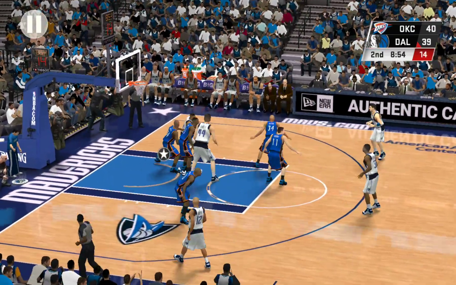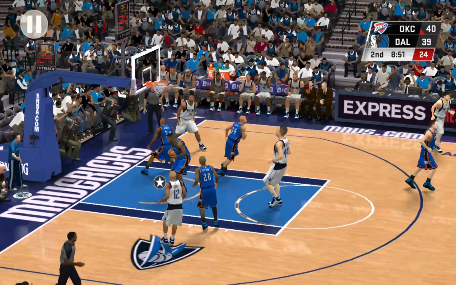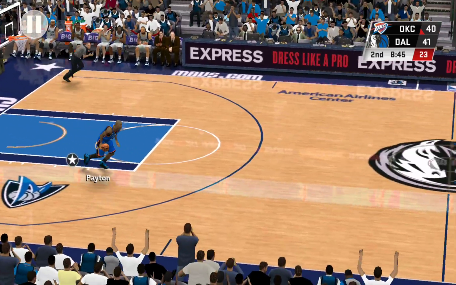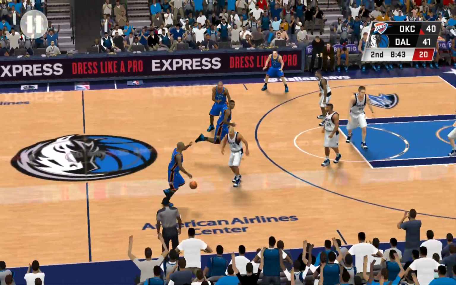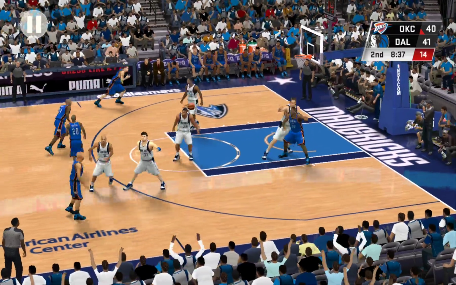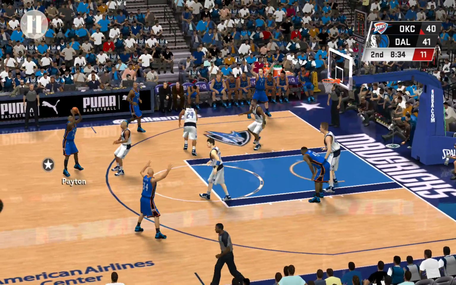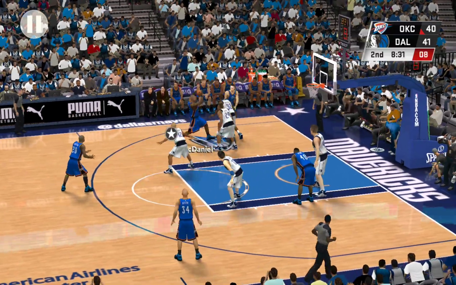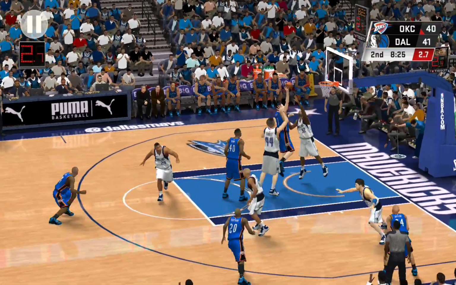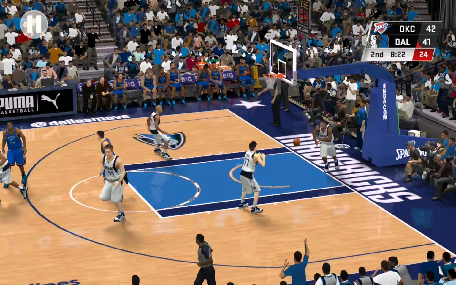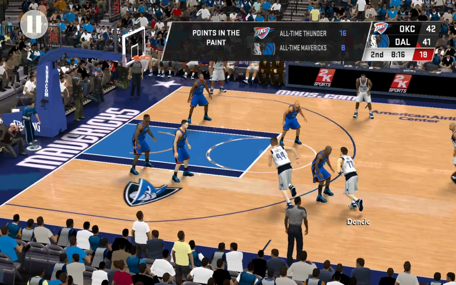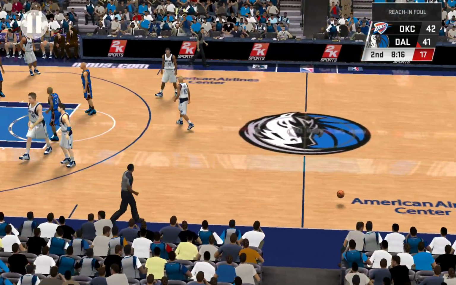Here's Aguirre. The jump hook, and it's Dallas with another. And here is Payton. And in the second quarter, a little under 3.5 minutes played already. Pass to Shrimp. Pocket 4. There's the bucket. Good. Those defenders look like they're out of gas. I mean, they're getting pushed around on the low block. Defensive foul.